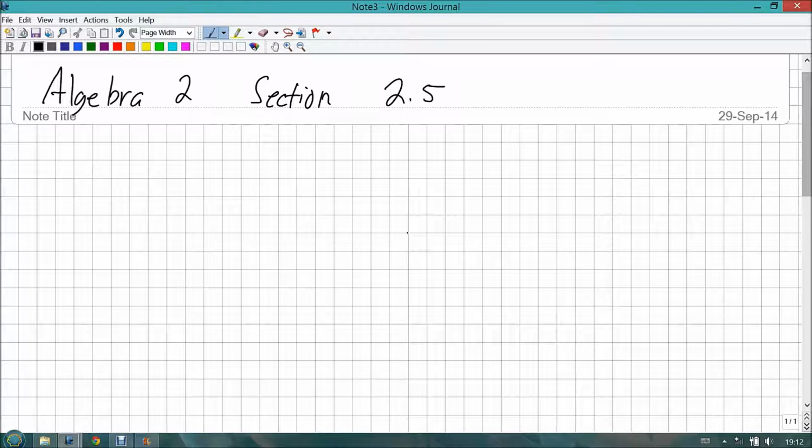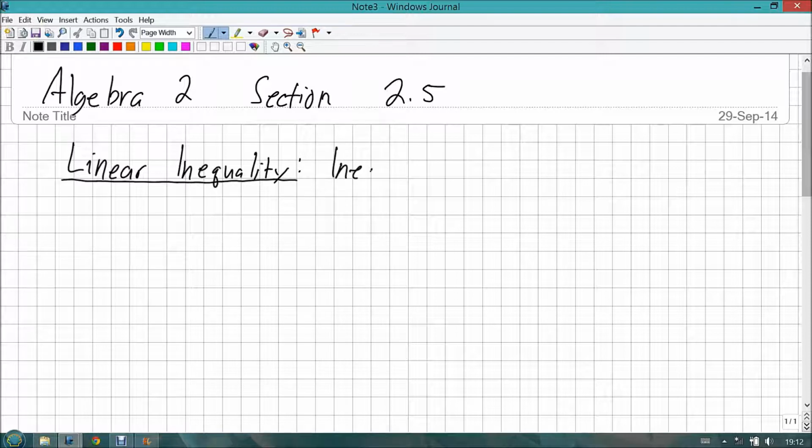Today we're going over section 2.5, which is linear inequalities in 2 variables. So let's take a look at it. What is a linear inequality? Well, a linear inequality, unlike a nonlinear inequality, is an inequality that deals with lines. So inequalities with lines. But what is an inequality